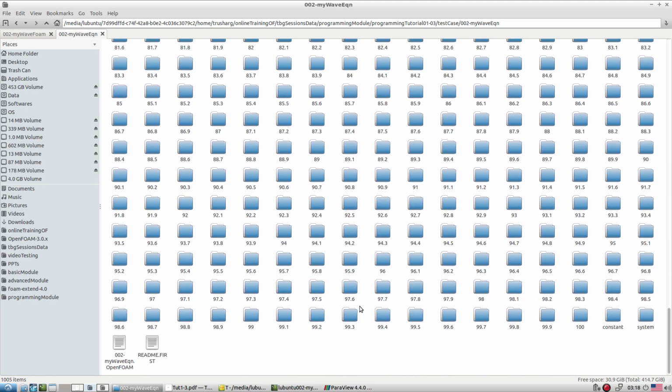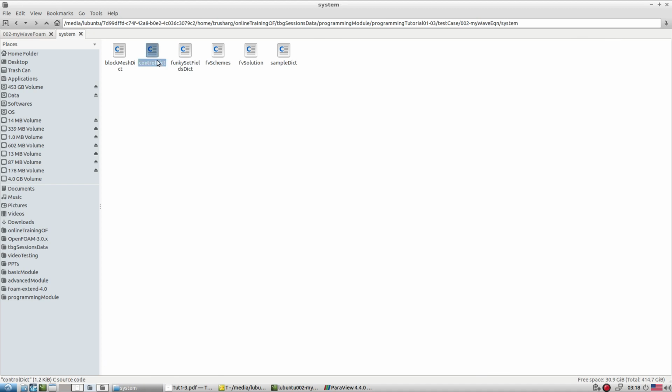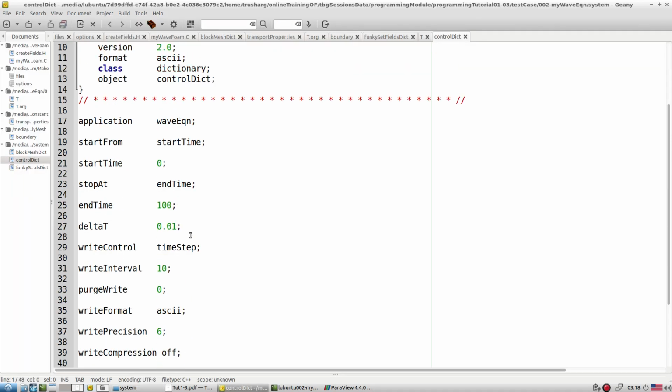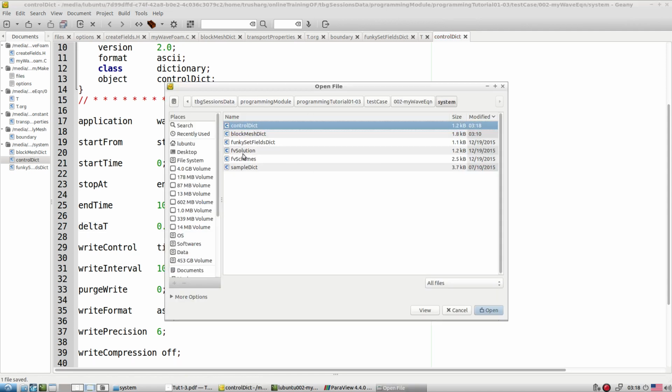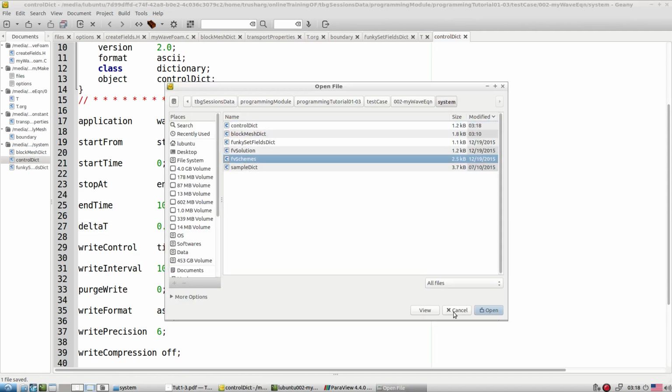Here we try to simulate up to 100, but delta t is that much, and for the writing interval we say let it be 100. Let's go with a very small delta t. Let's also look at the schemes we have here.